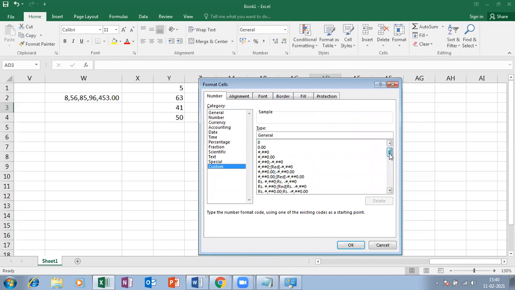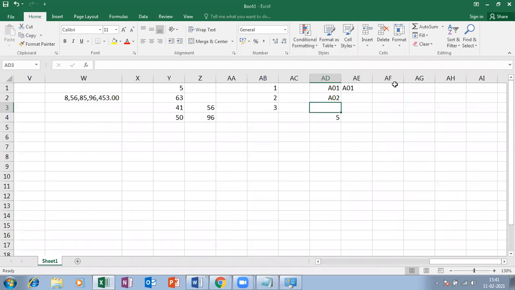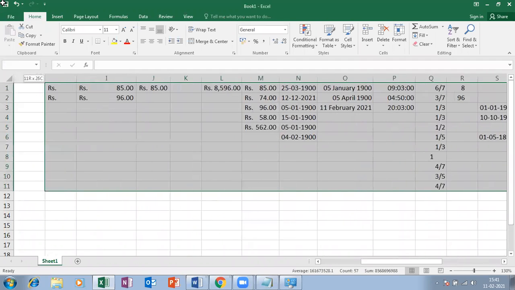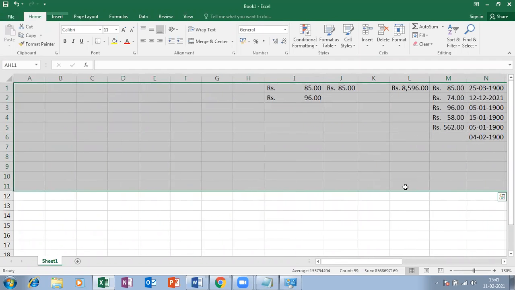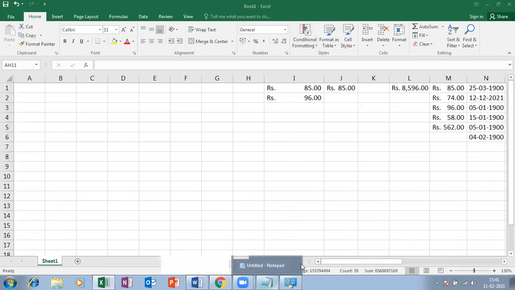So is that clear until here? Please everyone come to the chat box, confirm whether it is clear until here, whatever I have covered today. Is that clear for everyone?